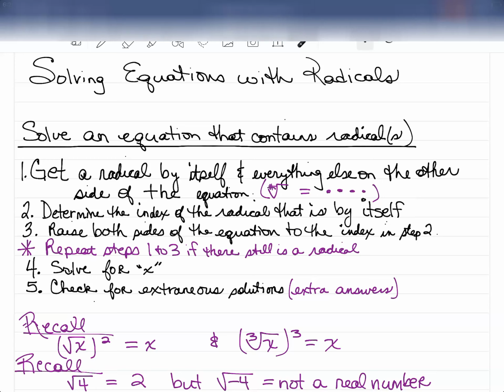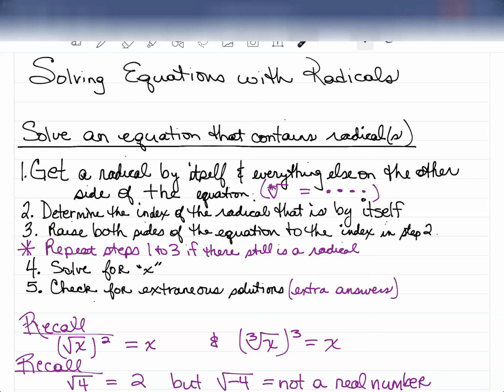It is time to learn about solving equations with radicals. So here we have our steps to solve an equation that contains a radical. Sometimes it may have more than one radical. We're going to get the radical by itself, and we're going to have everything else on the other side of the equal sign. So it's going to be a square root, cube root, something like that, and everything else is